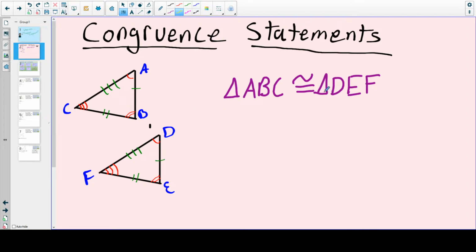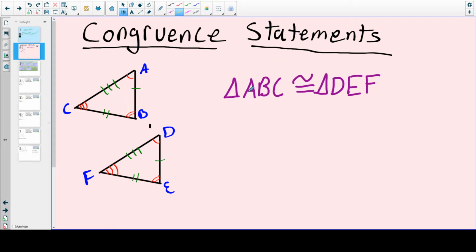But there's a little bit more to this congruent statement. Let's check out the first two letters, A and D. What do you notice about angle A and angle D? Well, they're congruent. Let's look at angle B and angle E. B and E, they're also congruent. And angle C and angle F, they're also the same. So the letters are in the order in which the angles are congruent, but it gets even better because it's